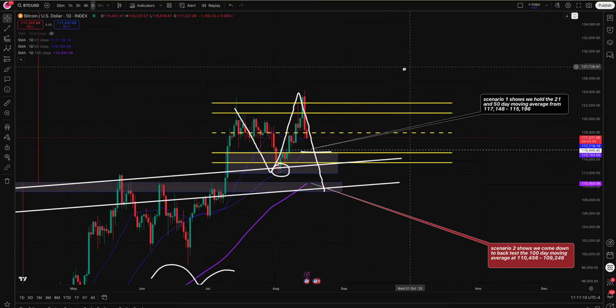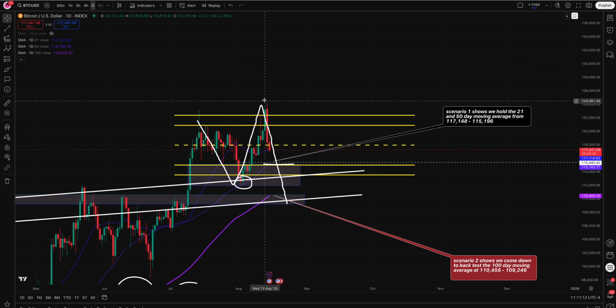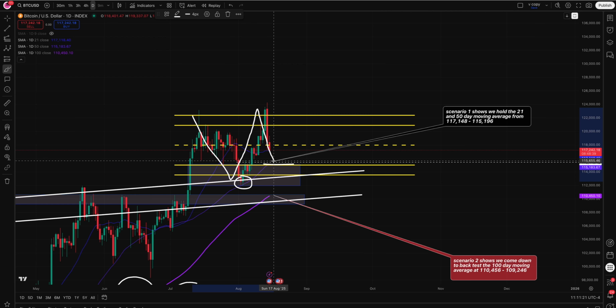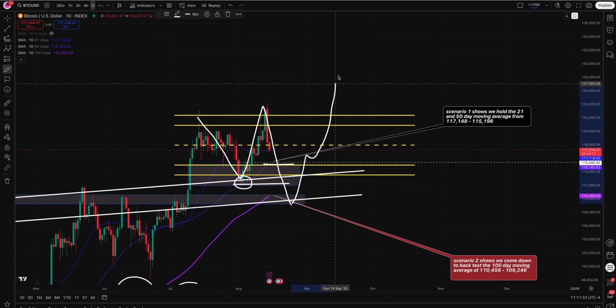Remember, with weekend, we have less liquidity. And in regards to the Elliott wave count, this could be a running flat in which the C wave fails to terminate beyond the bottom of your A wave, and then we go off from there. Or it's an expanded flat in which the C wave terminates below the bottom of your A wave, and then we pop off from there.